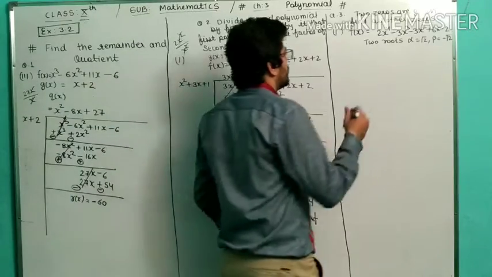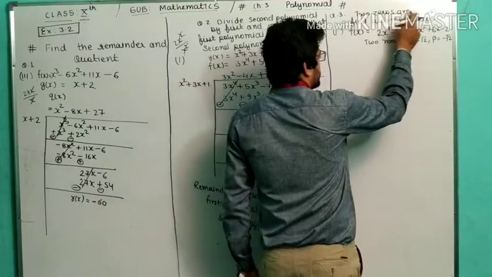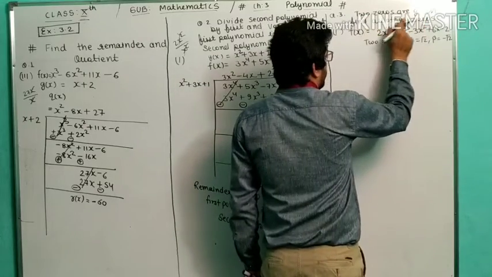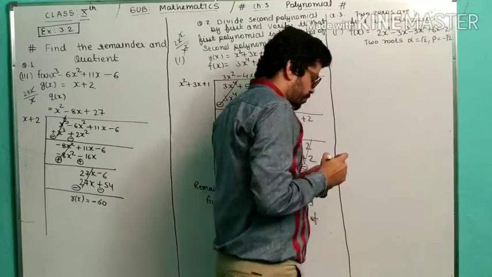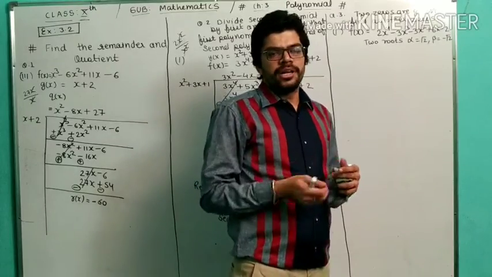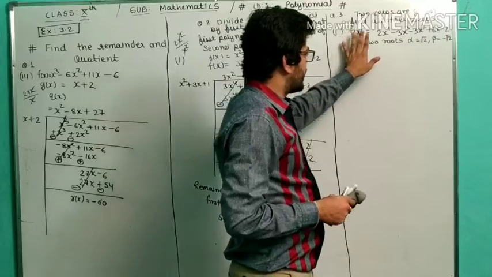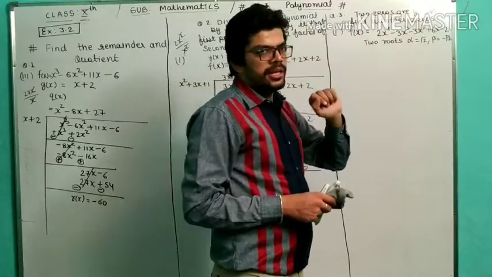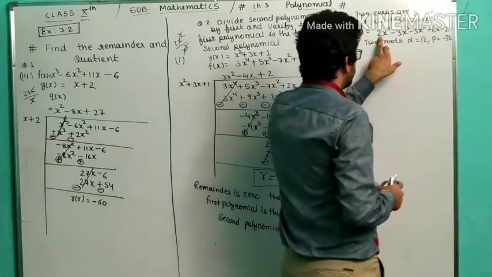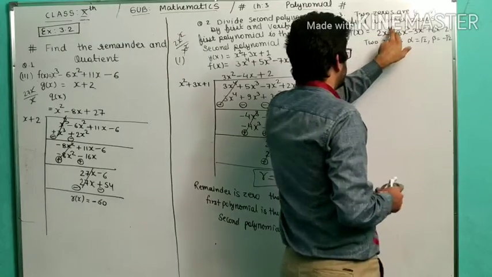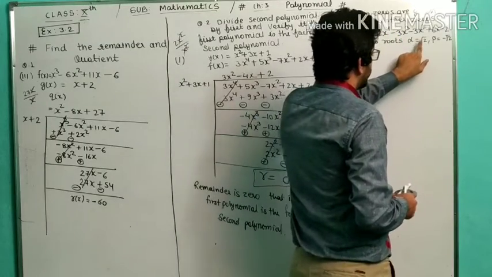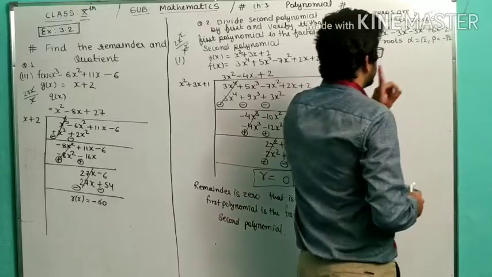Now we are moving towards the third question. Two zeros are given in this question and we have to find the other zeros. The problematic condition is how many remaining zeros we have to find out here. You can see that the highest power of the variable in this whole question is 4, and two zeros are given, root 2 and minus root 2.